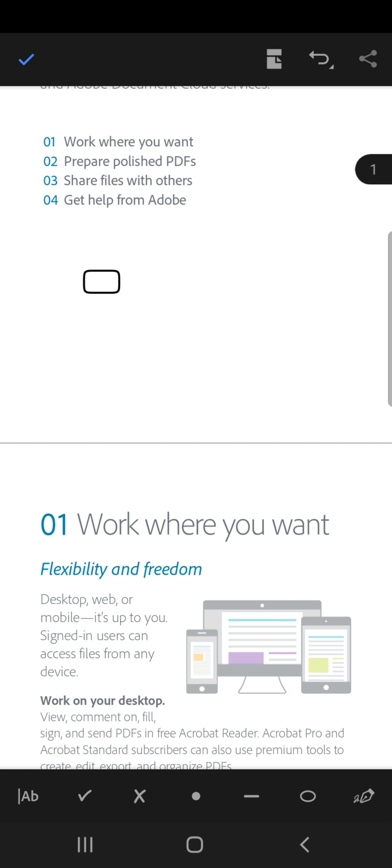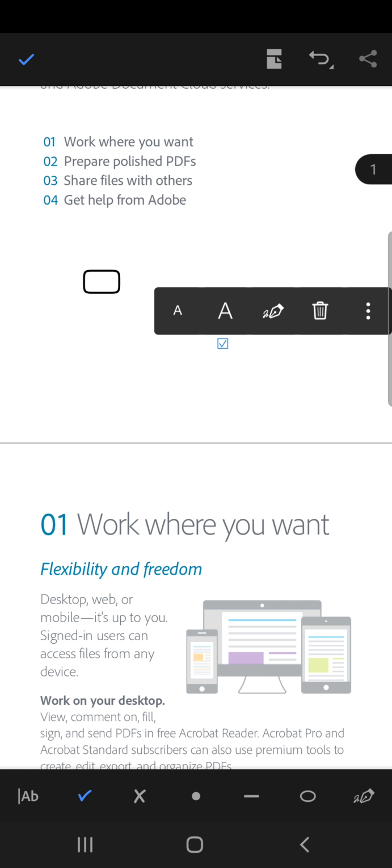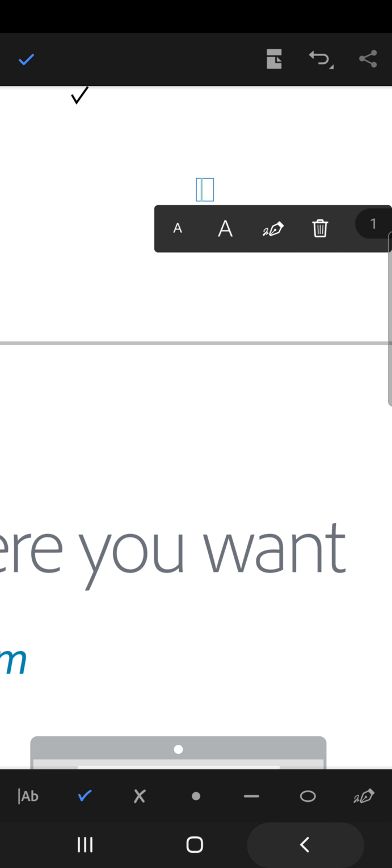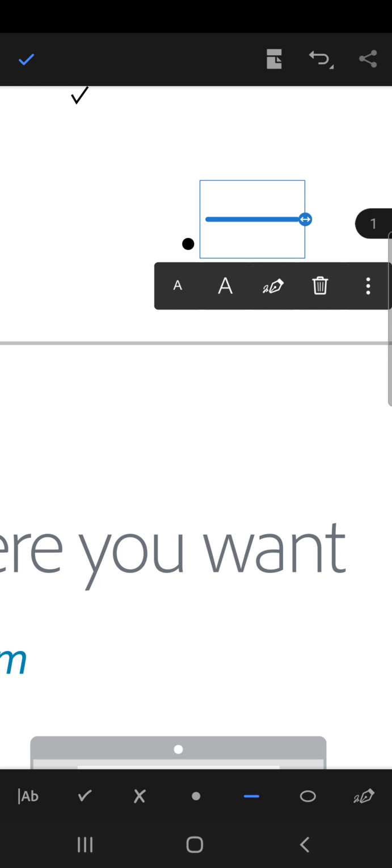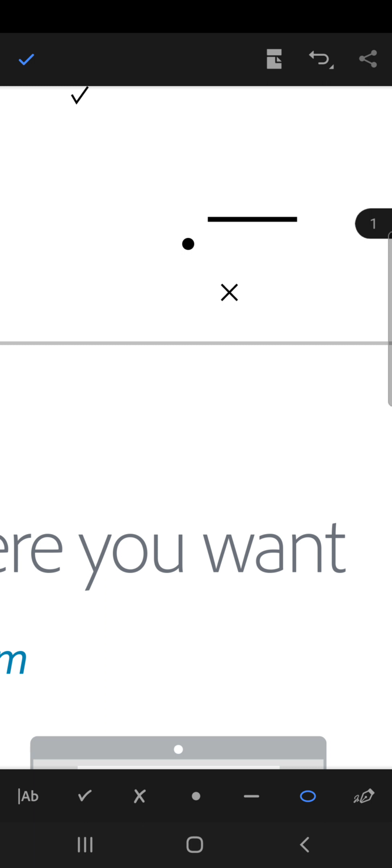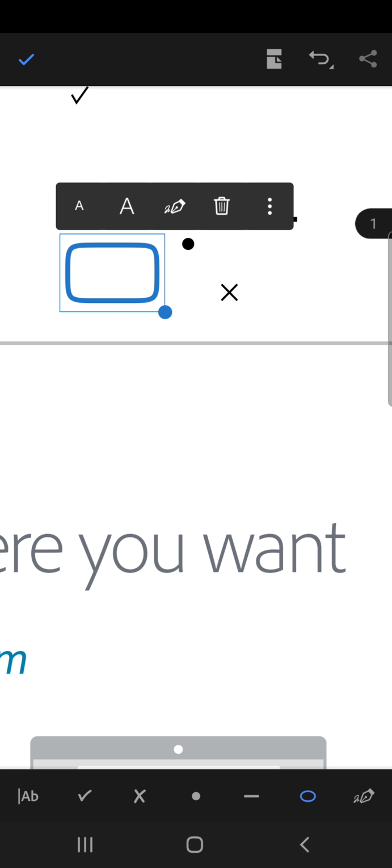Okay, and after that you can see that you can place this icon in a text if you are correcting something, or you want to mark something that yeah, this is great, then you can add this icon. After that you can have this X. If something is wrong, you can make a dot somewhere, this line and this icon, and here